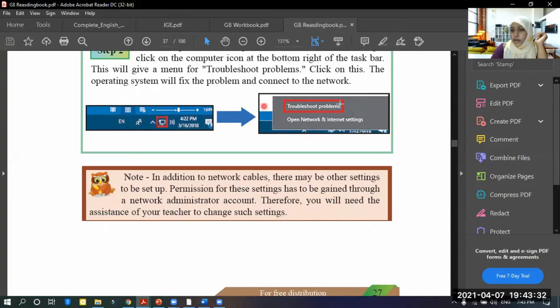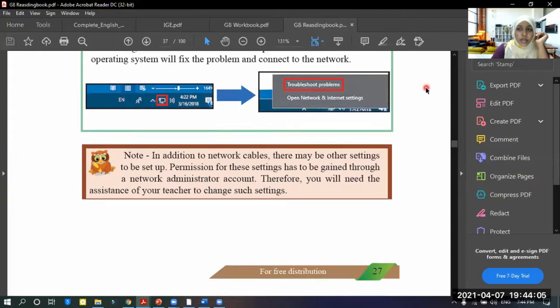So now set up this one. If it didn't work, there are some other settings you should do. And also these settings should be done in the administrator account. For this, go to your teacher and take her support, you should have her assistance to do the changes. So take her advice and her help or his help and do the settings. Okay, right. Don't do these things alone. Okay, guys.